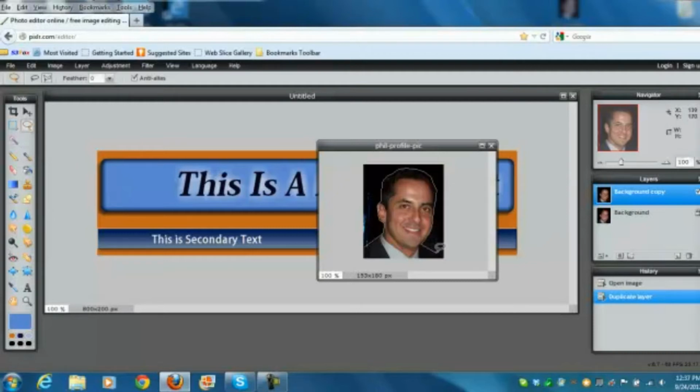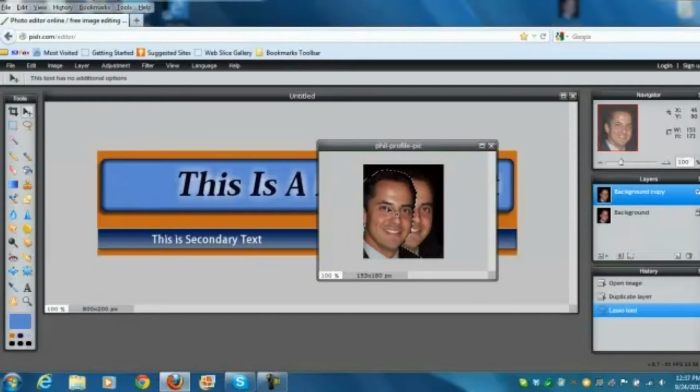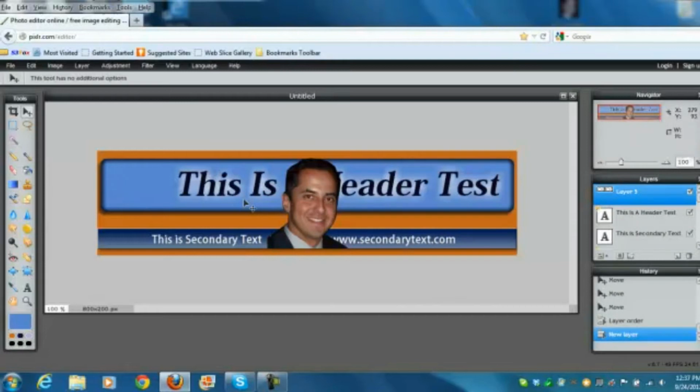Okay, and we'll say this is my shoulder here, until you reach all the way around. Okay, so now I can left click on that, and I just dragged it over. See, I left clicked,